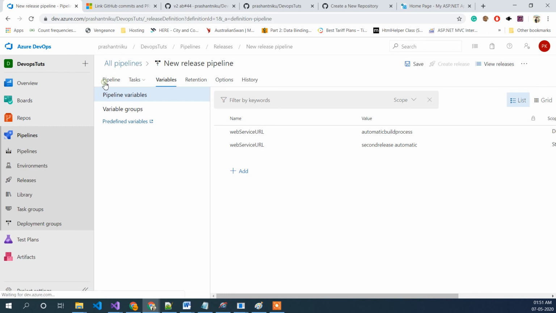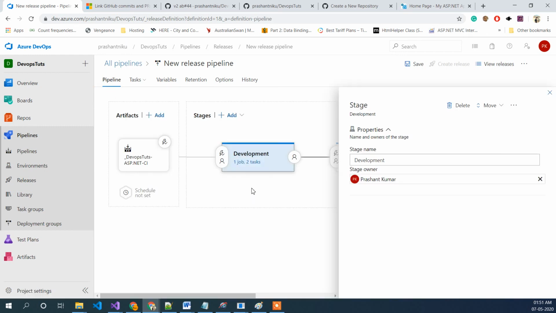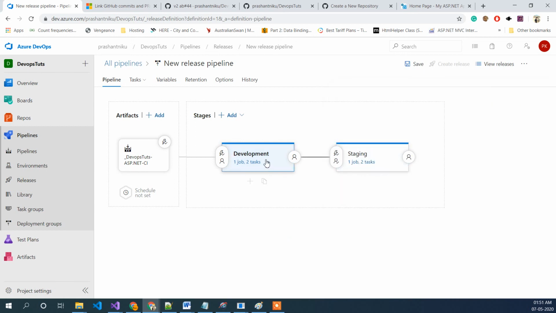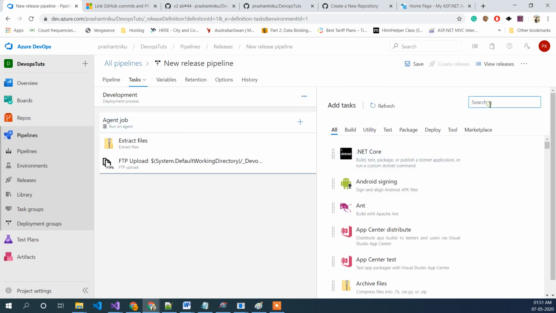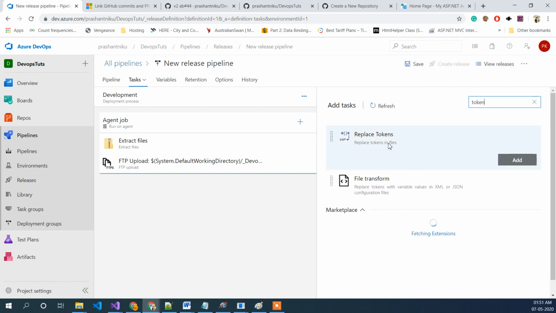Now get back to the pipeline, and we need to get inside the process now. Stage name is development, and here we want to add a new task which should sound like replace token.